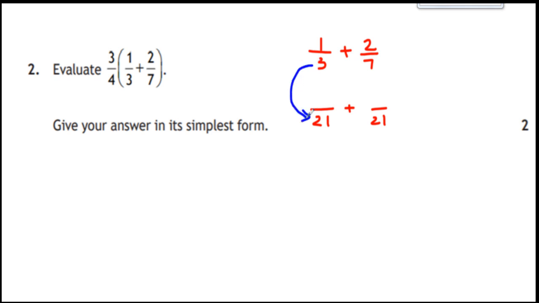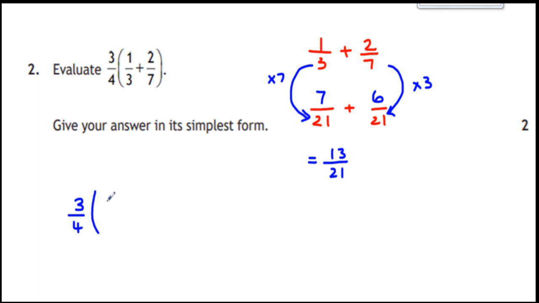What have I done to that 3 to change it to 21? I've multiplied it by 7, the number that's opposite. So I stay fair with fractions and I multiply the top number by 7. Next fraction I've multiplied by 3, so 2 times 3 gives me 6. Now I've got 7 of them plus 6 of them, and that gives me a total of 13 21sts. Now we check our answer is given in its simplest form,